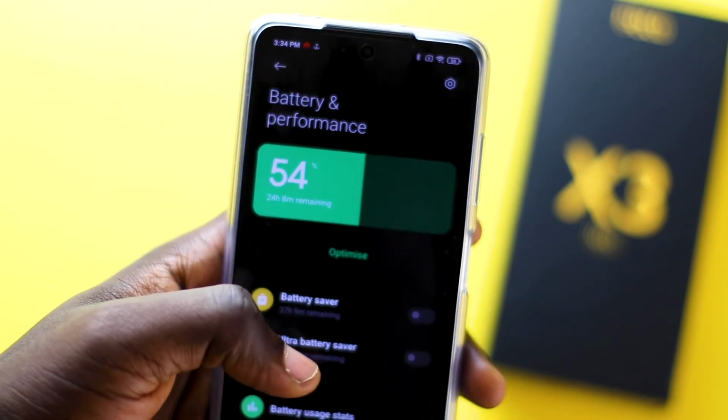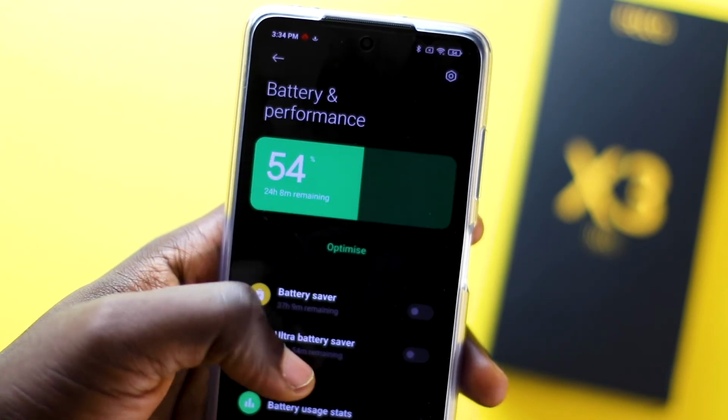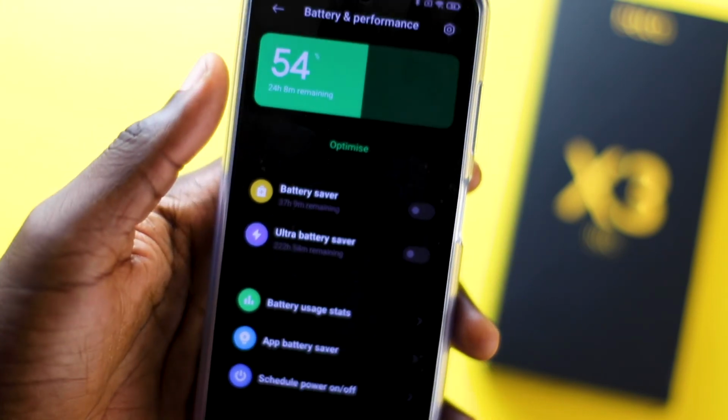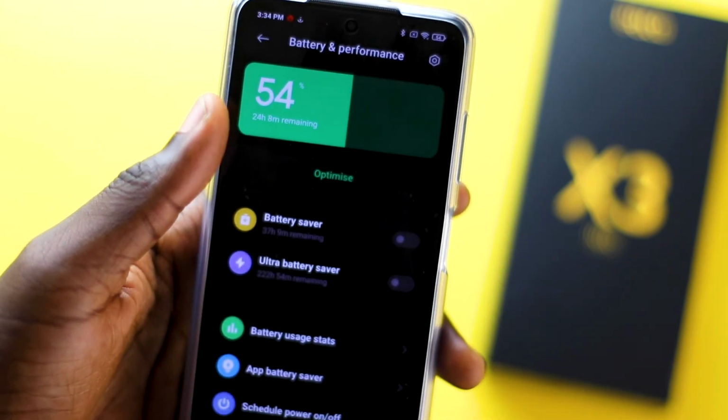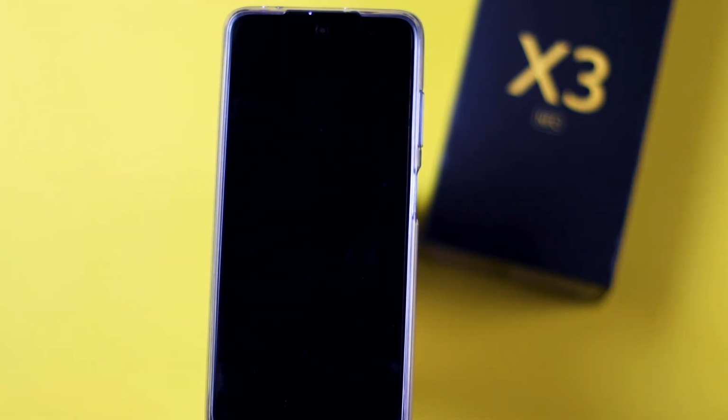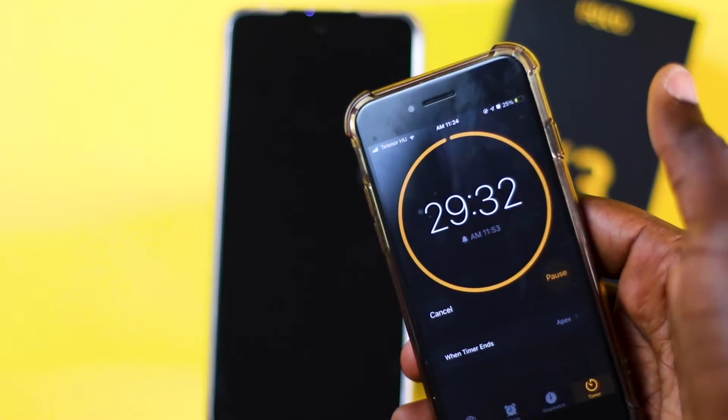One feature that the POCO X3 boasts of is having a 5160 mAh battery with 33 watt fast charging. I would say that battery is a massive battery. I tried out the 33 watt fast charging and it's actually got me from 0 to 65 in 30 minutes,